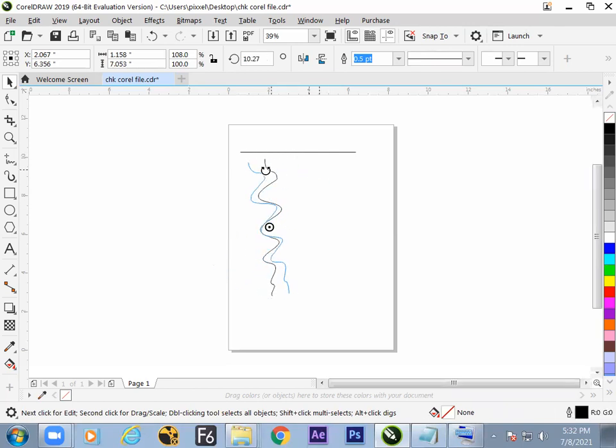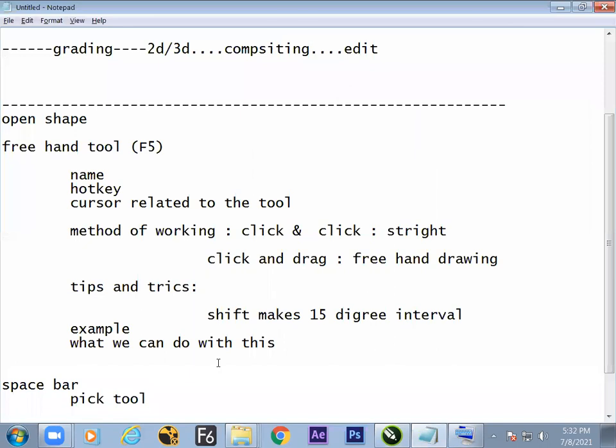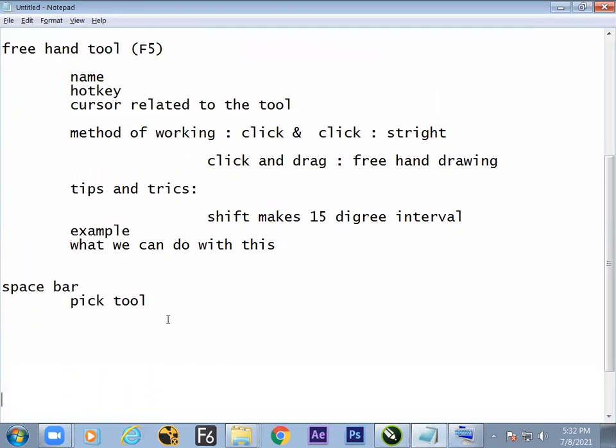At the edge, we can drag and rotate. And while rotating, we can move to the edge, not the corner, to get its skew, angular scaling. So hope we have understood now. The pick tool is capable of making a few transforms. What are those? It allows us to move, it allows us to scale, and it allows us to rotate and skew.